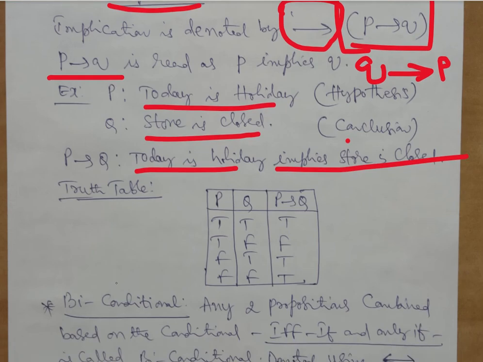So truth table is something I want your attention here. So consider now, how do you define it now? When the first statement, that is P, is true and other statement is false, then the result will be false. In all other cases, the result will be true. So both are true, also true, both are false, also true, and P is false, Q is true, then also true.